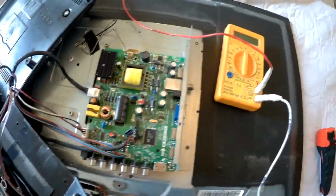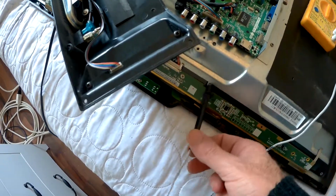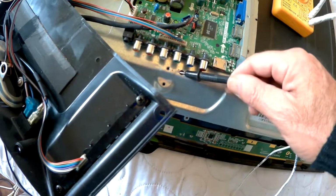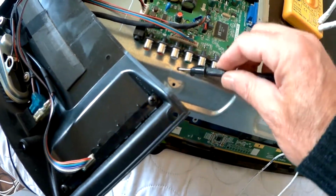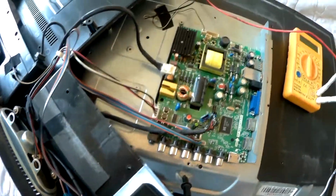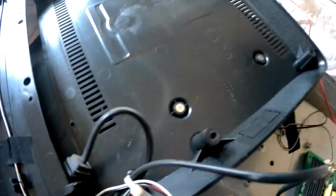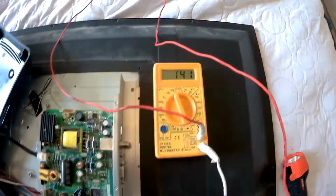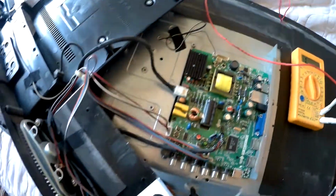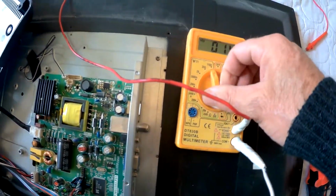But anyway, we've got my tester. I got my tester here put in. I got the ground to the chassis. I might be able to find a better spot for it. That's probably a better spot right there. Let's see if it connects to the chassis. Yeah, so we do have continuity, so it is making contact there, and I'll put it to 1,000 volts